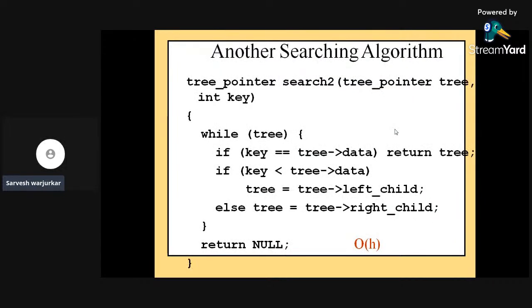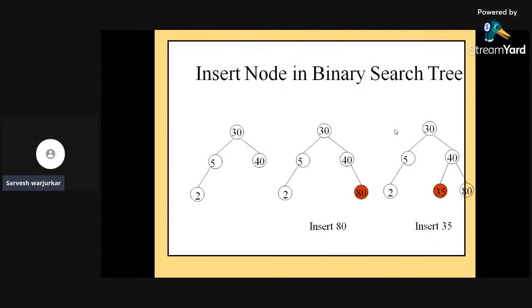If the tree is empty, the search fails. Another way of searching is an iterative search, that is a while loop. Along with that, whatever value we are searching can be compared with the elements already present, and with the help of this we can find on which side the value is located. Firstly, we compare that value with the root, and if the value is greater than the root, I have to go to the right side of the root. If the value is less than the root, I have to go to the left side of the root. For example,